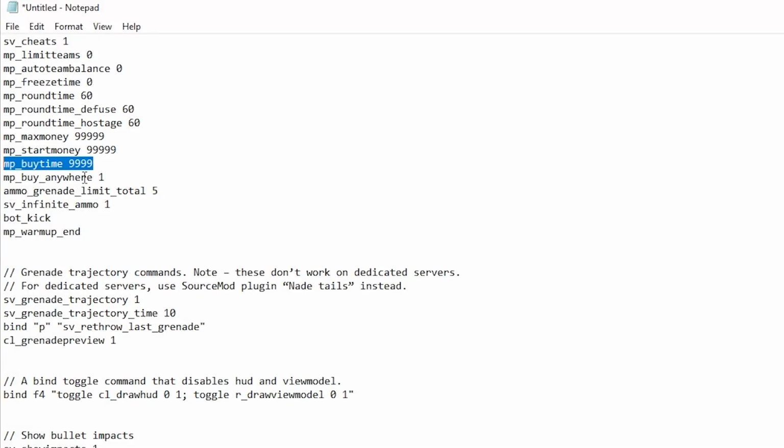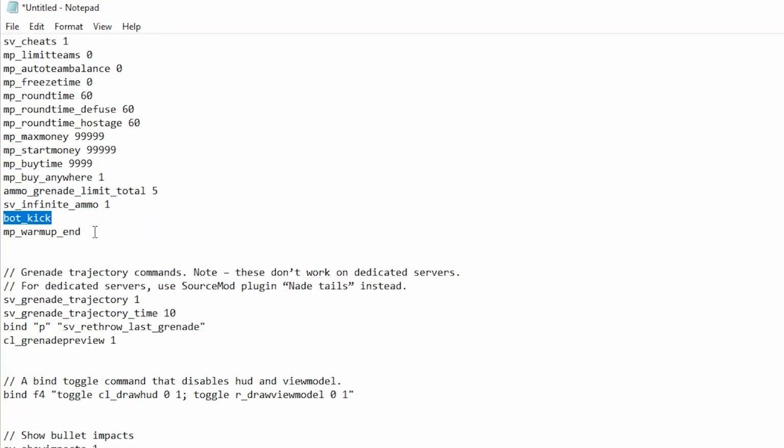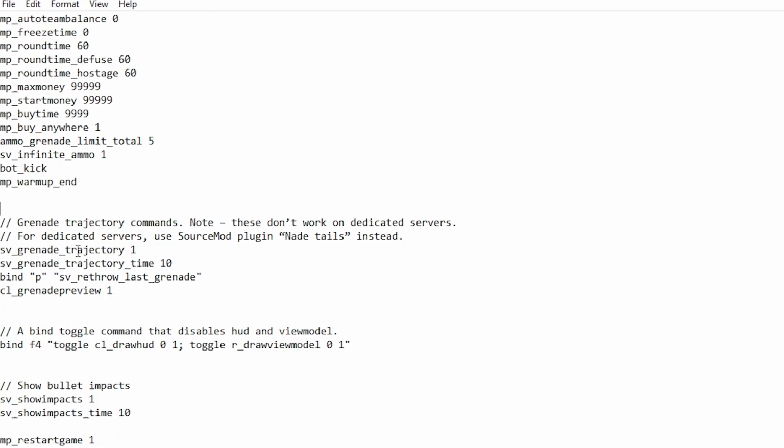Okay, buy time is forever. You can buy anywhere. You can have 5 grenades instead of 4. You have infinite ammo. It kicks the bots, and then it ends the warm up. These are all my grenade settings. This one, it'll show